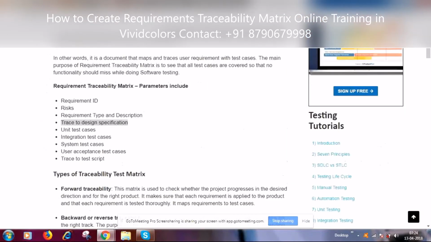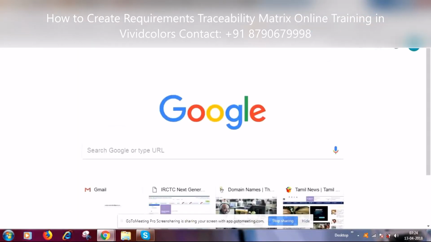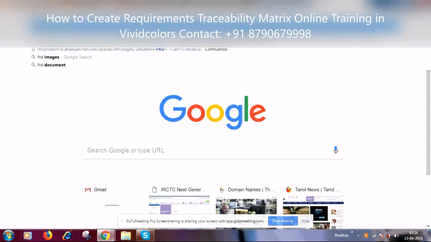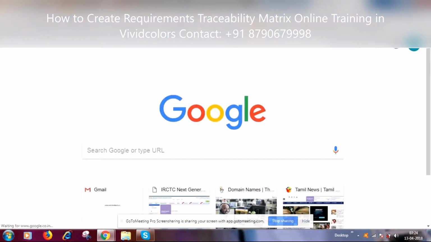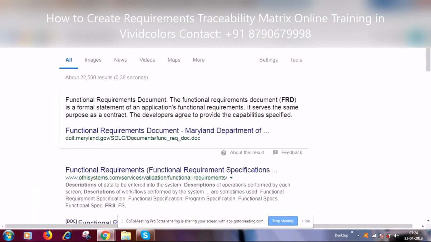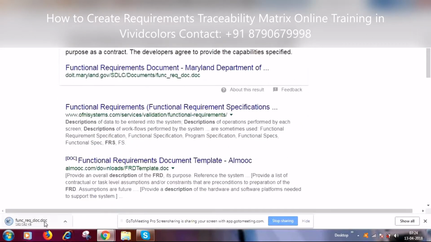So many terms are interchangeably used. Okay. In many cases, FRD and FRS are used interchangeably. Some of the companies state it as FRD. In some cases, they say it as FRS. So they are interchangeably used. For each and every company, this is going to vary depending upon the style in which they approach, depending upon the various projects they have handled in the recent past.